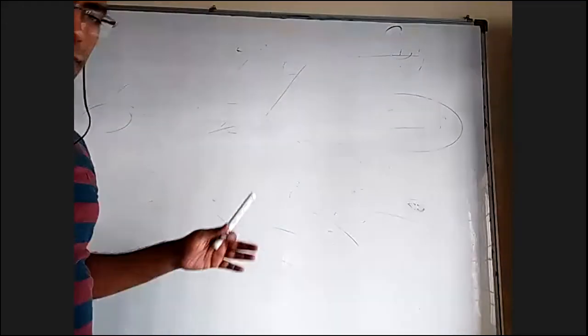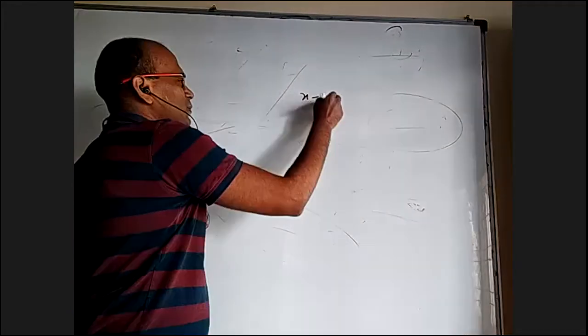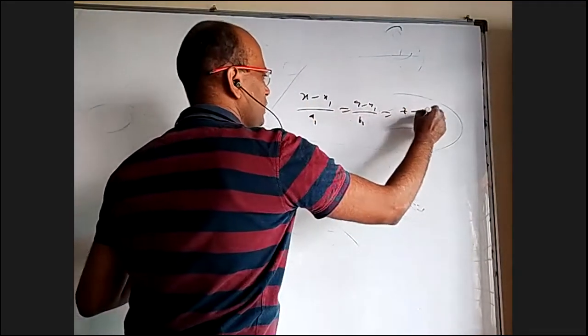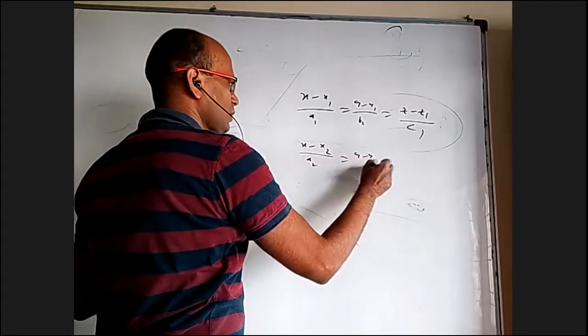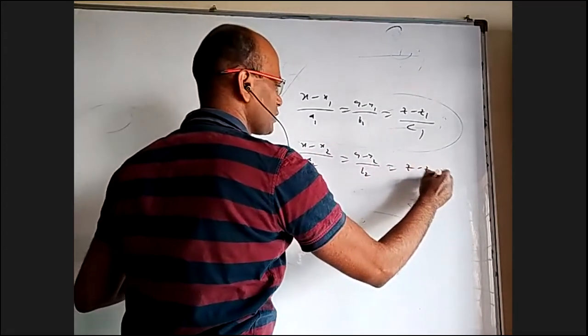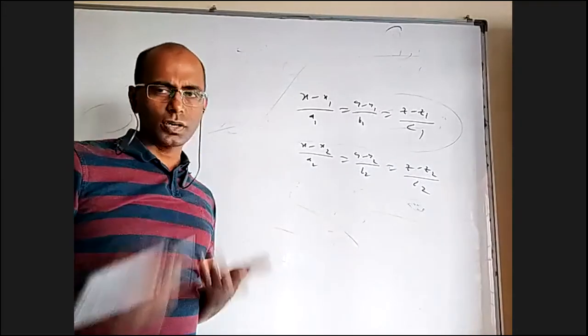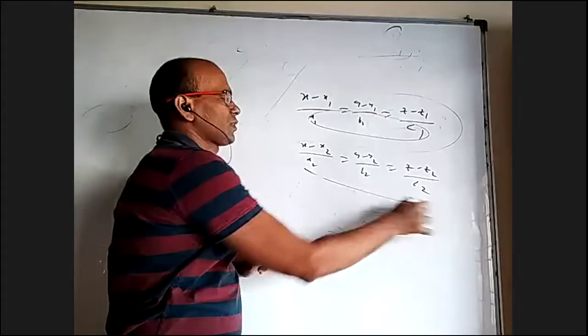Anyway, just something I might have forgotten. I'm just going back a little bit. (x - x1)/a1 = (y - y1)/b1 = (z - z1)/c1, and (x - x2)/a2 = (y - y2)/b2 = (z - z2)/c2. These are 2 lines. We talked about the angle between the lines in vectors, not in 3D so much, but same thing. You take this vector and this vector.